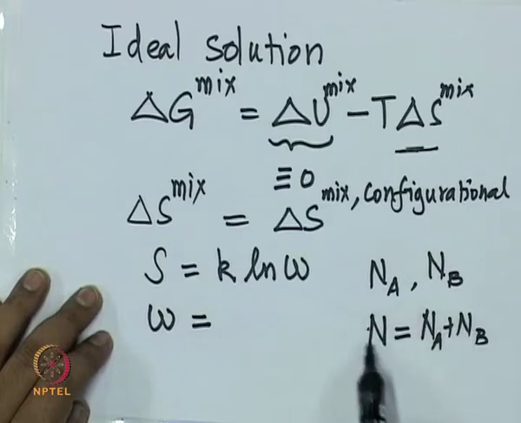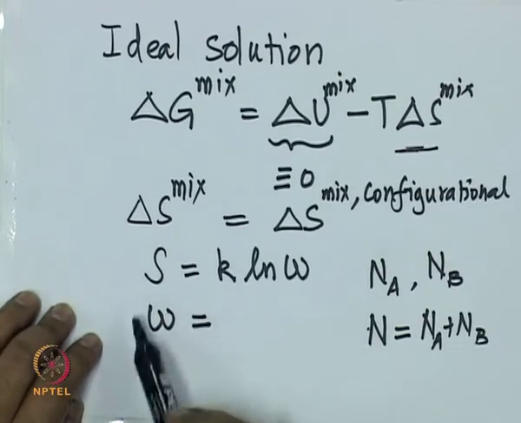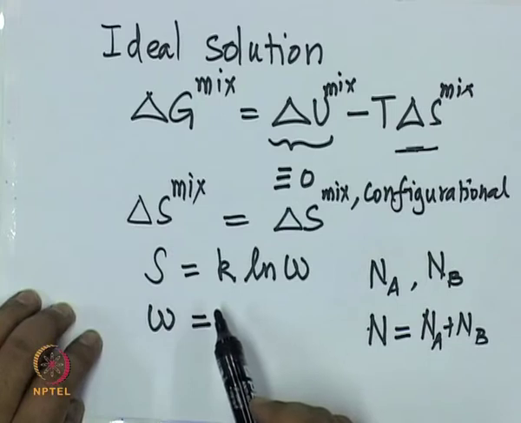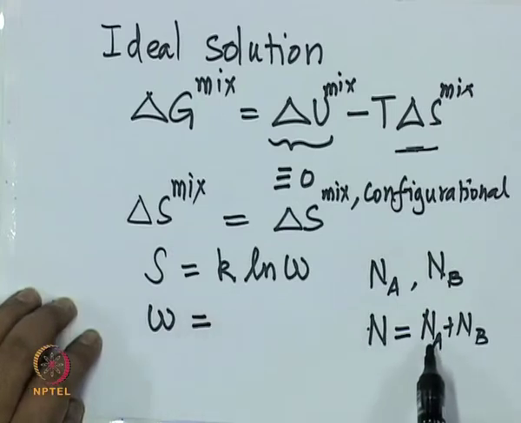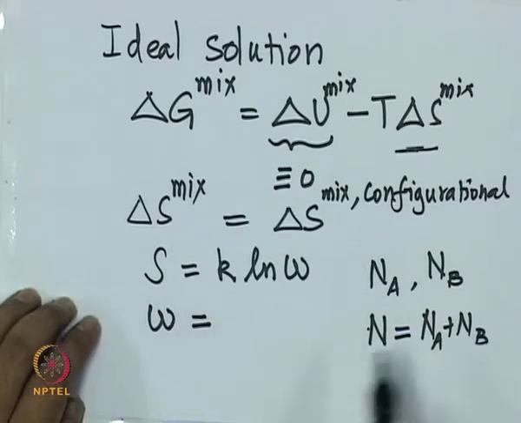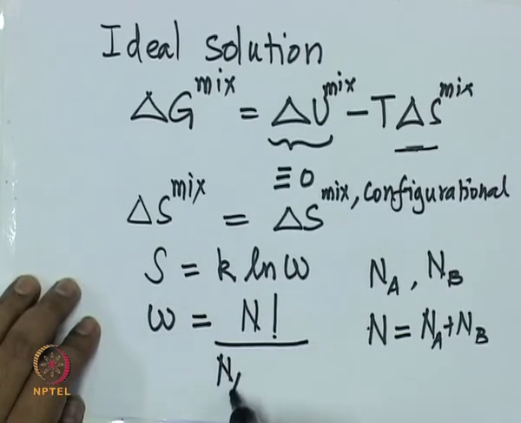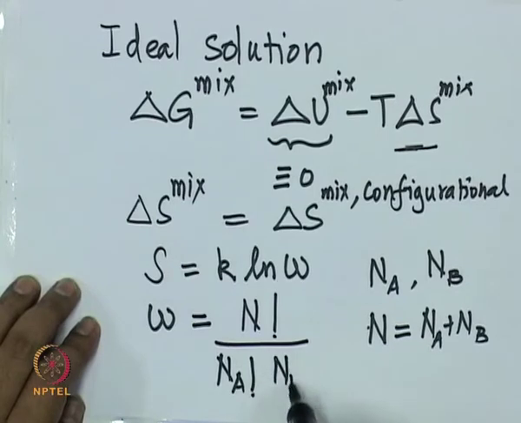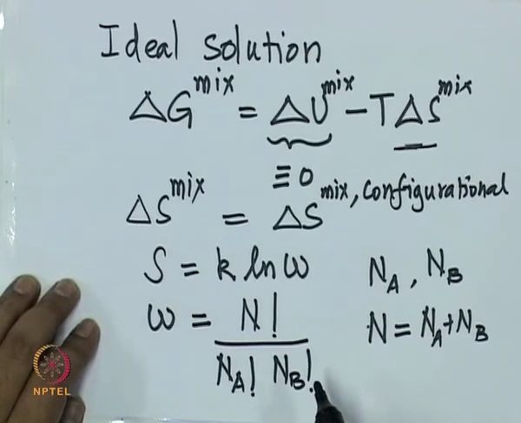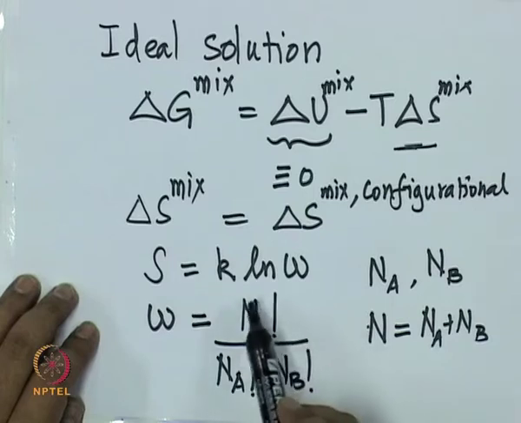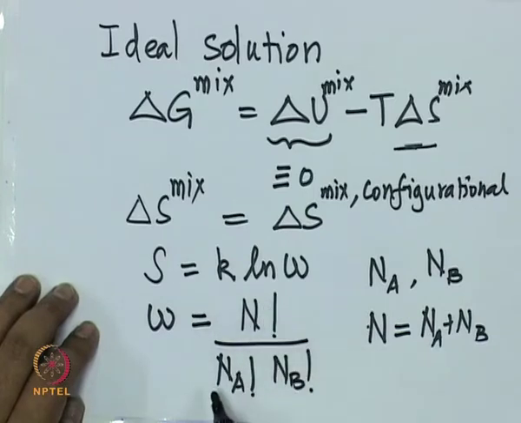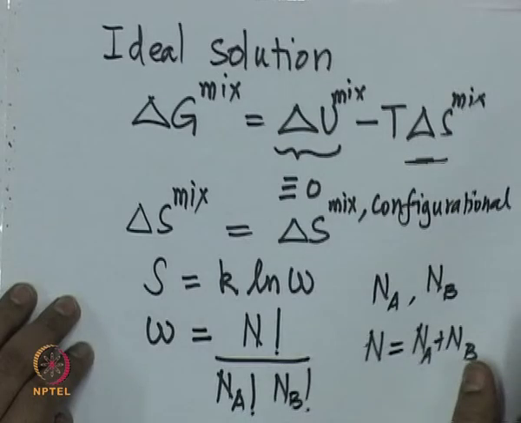So, you are trying to distribute Na number of A atoms and Nb number of B atoms on n number of sites, then the total number of configurations that you can generate, if you assume that you cannot distinguish A and B type of atoms, happens to be n factorial divided by Na factorial Nb factorial. Okay. Now, why is the number of configurations given by n factorial by Na factorial by Nb factorial? Let us try to do a little bit of